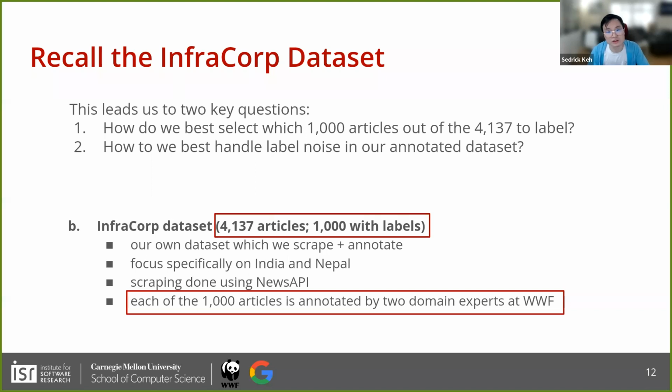Now, while training, there are also some crucial design choices that we made. Specifically, if we recall the InfraCorp dataset, we had 4,000 articles, but we selected only 1,000 of them to be labeled by 2 domain experts at WWF. This leads us to 2 key questions. The first is, how do we best select which of the 1,000 articles to label? And the second is, since we have 2 people labeling each article, how do we best handle label noise in